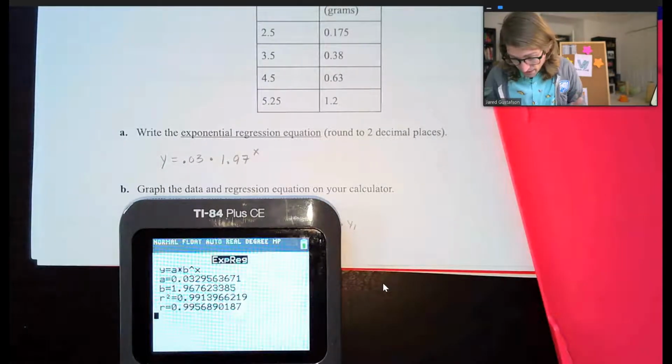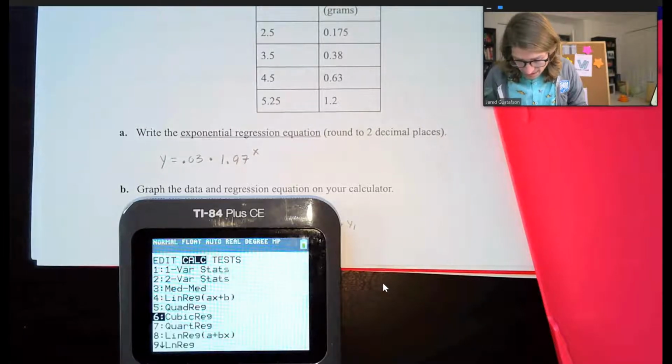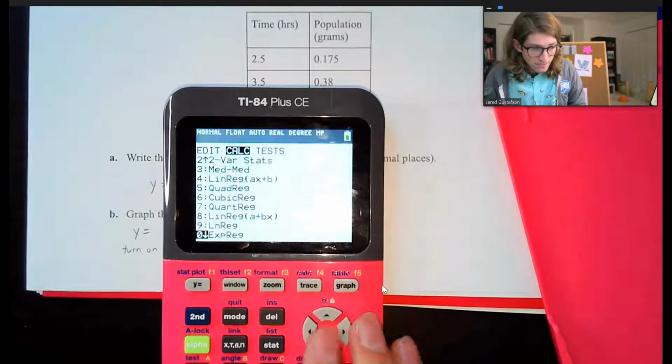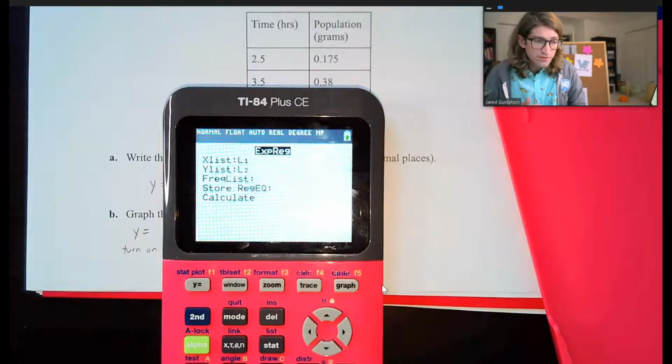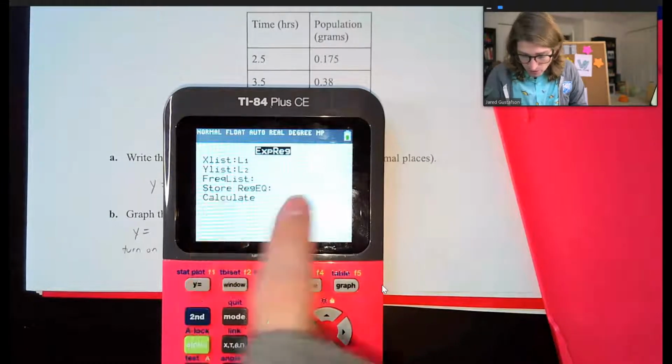Okay, so never mind, I actually have to graph this. So here's what we're going to do. Go back to stat, you're going to do the exact same thing. Go back to exponential regression. You want to graph this function without having to type in this stuff. Here's what you're going to do. On store reg EQ,